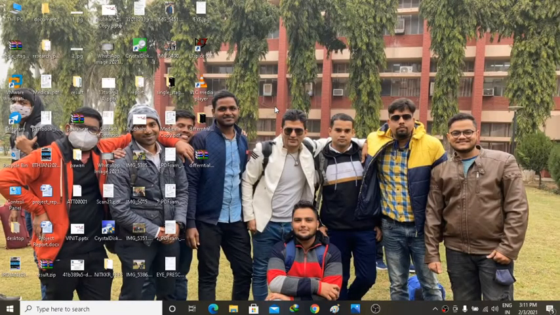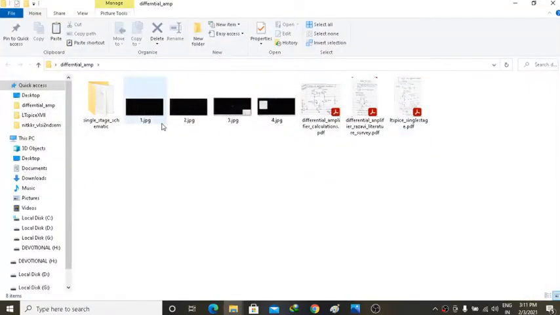Today I will be taking a tutorial on designing a CMOS differential amplifier, or CMOS operational amplifier, using LTspice and then simulating it. We have been provided an amplifier with a certain specification and configuration, and using LTspice software, our calculations, and also by applying our brains, we will try to design it. So let's begin. This is the folder which contains all the files and all the work which I have done.